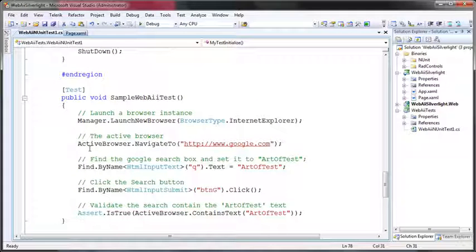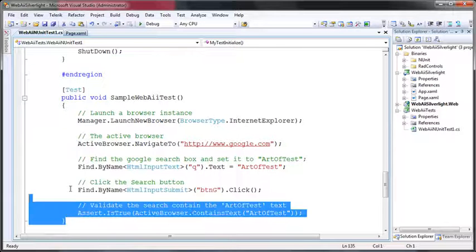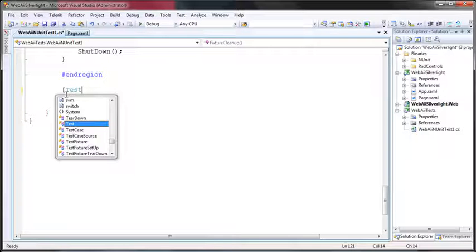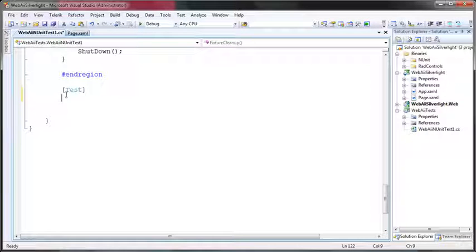So let's actually look at creating a test. Now there's a standard simple test provided by default that does a very basic test of google.com, but we really don't want to work with that. We prefer to create our own test method. So let's just go ahead and delete this and start from scratch. So I'm going to start by creating a new test method, and let's just go ahead and call this public void